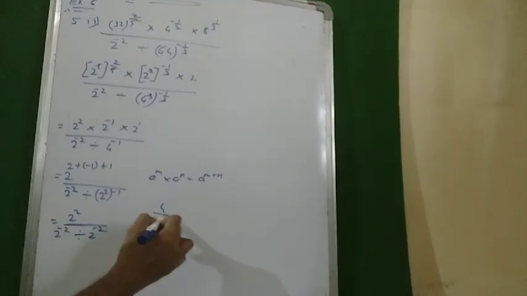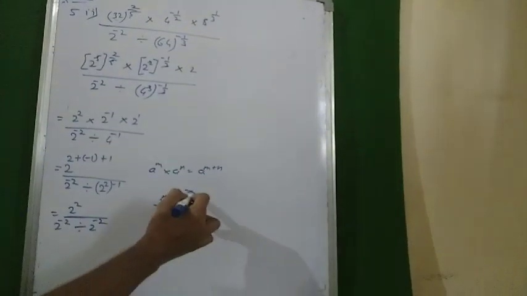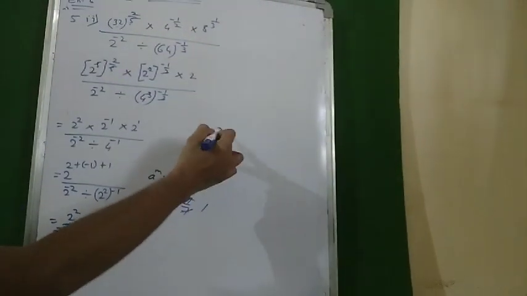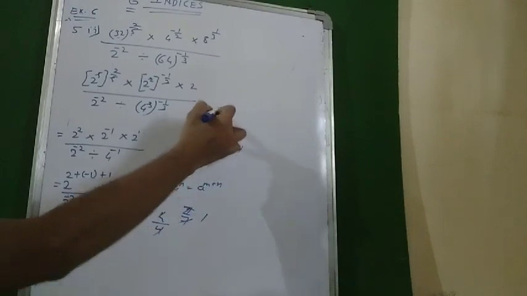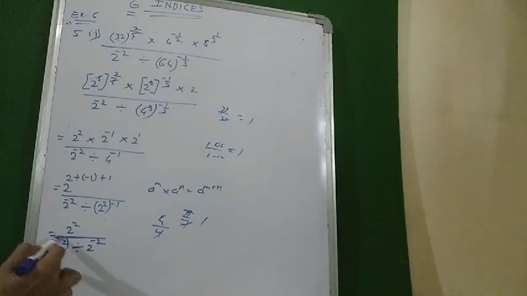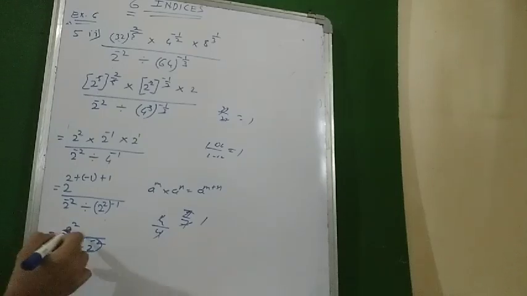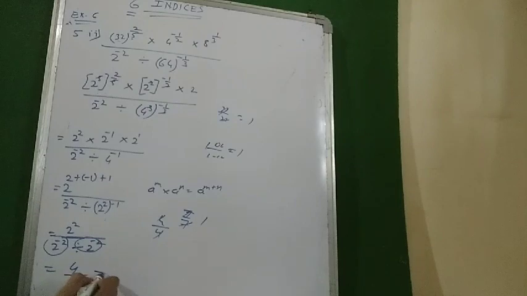So you know that if any number divided by the same number, that is 4 upon 4 is 1, 7 upon 7 is 1, 100 upon 100 is 1, x upon x cancel, it gets 1. So 2 raised to minus 2 divided by 2 raised to minus 2, so it will be 1 in the denominator, and 2 raised to 2 is 4. So my final answer is 4 for the second part of the fifth question. Okay.